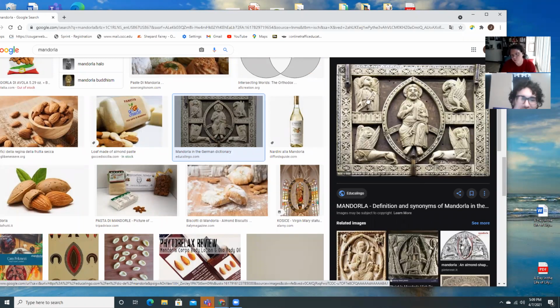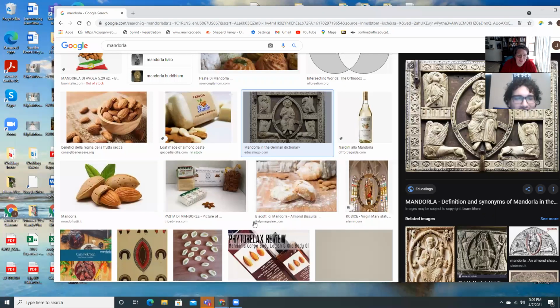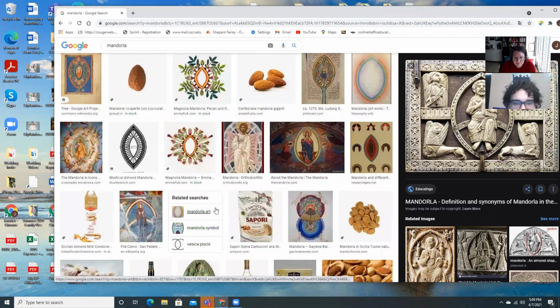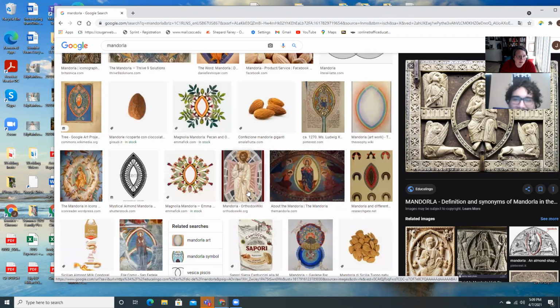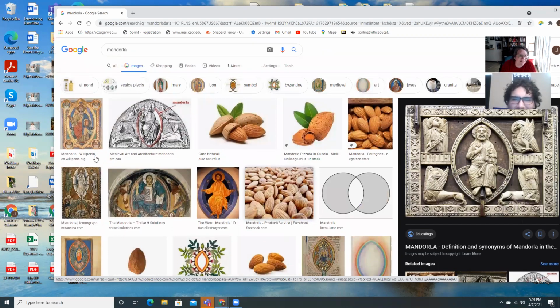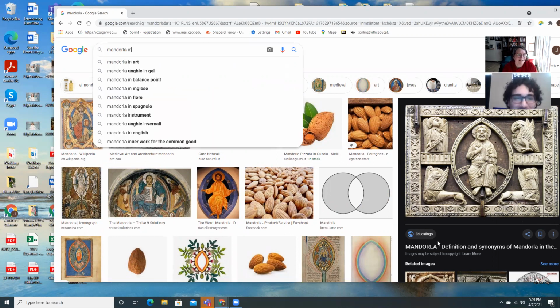Is it originally like that sort of seed? Is that why the name comes from? It's almond shaped. I don't know why. Mandorla in Latin must mean almond. Maybe in Italian, it looks Italian, but interesting. I've been to Italy. I don't remember them talking about mandorlas when it was coming to nuts, but it seems like a logical explanation for how they keep popping up.